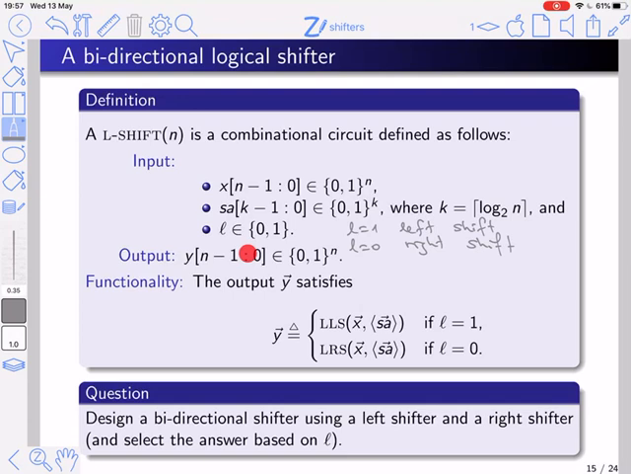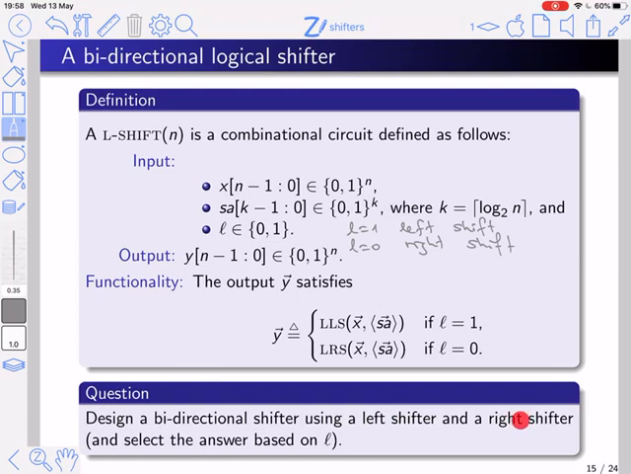And our output Y should satisfy the following. If L is 1, we perform a logical left shift of x by SA positions. If L is 0, we perform a logical right shift of x by SA positions. And now our goal is to design a bidirectional shifter using a left shifter